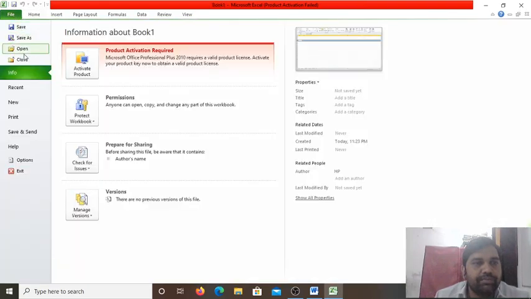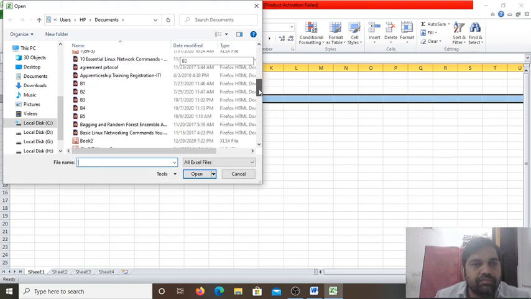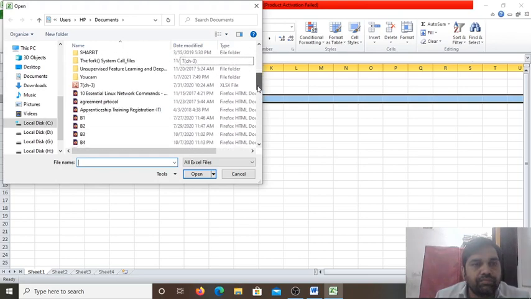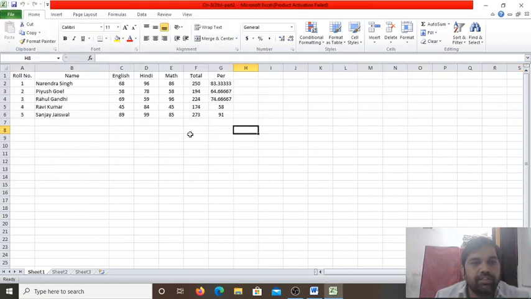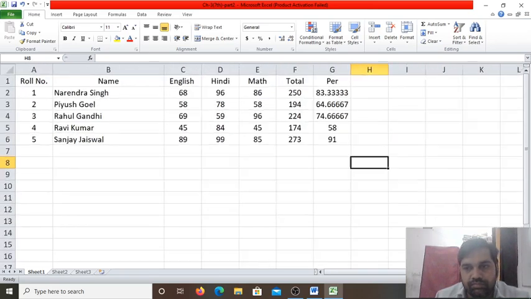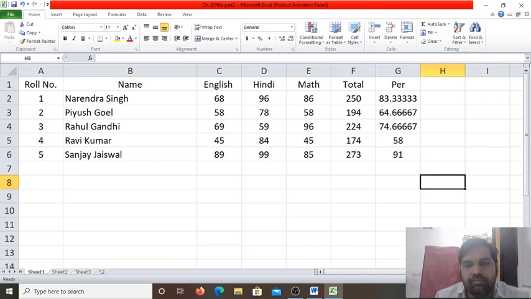Another file I will open. Here you can see many values are there. Now I will show you how to select the range.